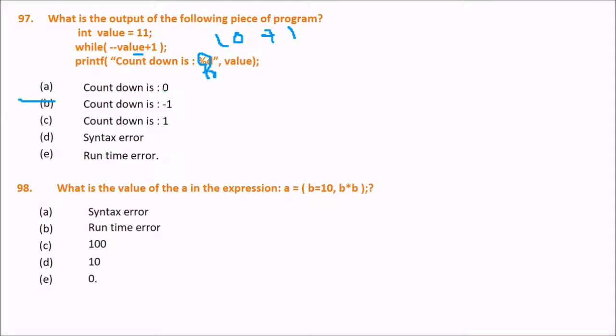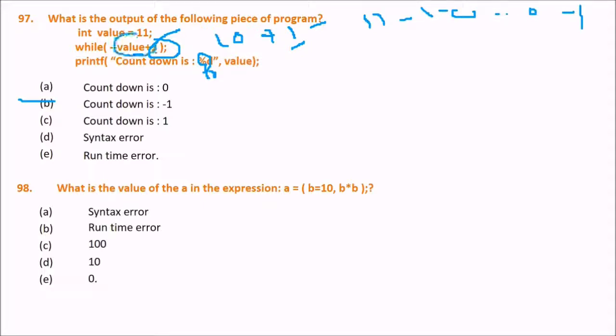Countdown is -1. Why? Because in this, the while loop decrements the value every time by 1 and does nothing and terminates when the value becomes minus 1. Why? Because you see here we have a semicolon, right? Semicolon is there. So value will do what? Minus minus value, minus minus value. So it will start from 11, it will go to 10, go up to 0, and after that minus 1.